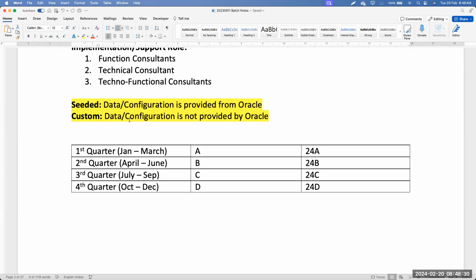And next thing is, if you ask me, Harish, will all the customers be upgraded in January? No, it is not like that. Oracle rolls out these quarterly patch updates at different times, on different timelines, based on the customers. So some customers will get their upgrade in January, some in February, some in March. So it depends on the customer. Whenever I start a project with any new customer, the first thing I ask is when the quarterly patch updates happen.